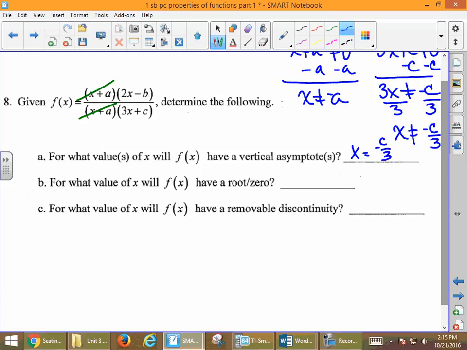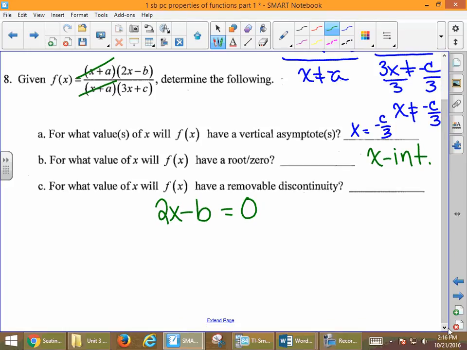Part B. What value of x will f of x have a root or a 0? Well, what are we looking for if we're finding a root or a 0? Because we haven't used that vocabulary, what we're looking for is an x-intercept. So how do we find the x-intercept? We're going to take the remaining value in our numerator, which is 2x minus b, and then we're going to solve for that to get our root, or 0,